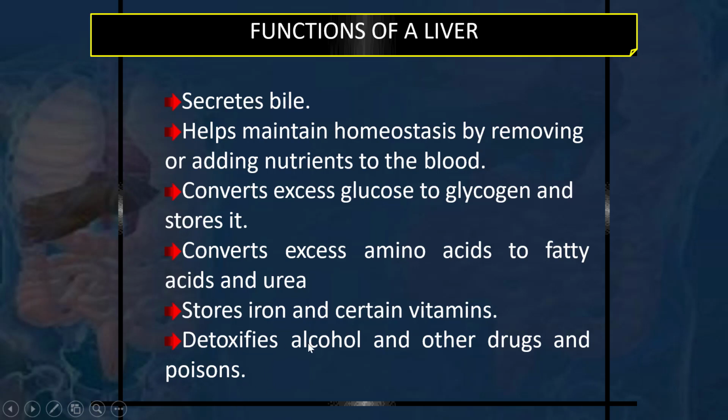That is why in certain poisoning, and especially in chronic alcoholics, the drinkers, they overload their liver, and the liver needs to detoxify all this, and the liver cells get damaged, and eventually liver damage occurs. Liver cirrhosis and liver carcinoma can occur in such patients or chronic alcohol drinkers. Okay, and we must know that various proteins are synthesized by the liver, and also it stores excessive glucose as glycogen.